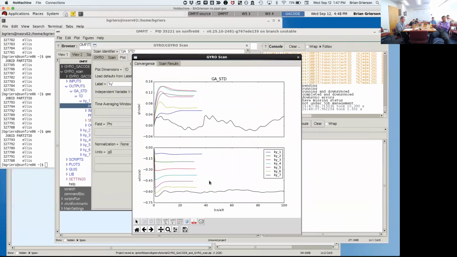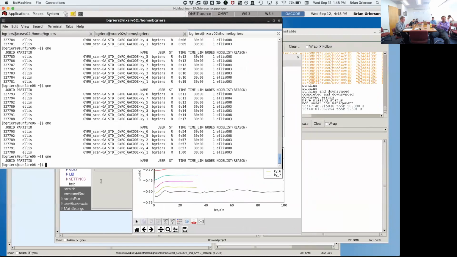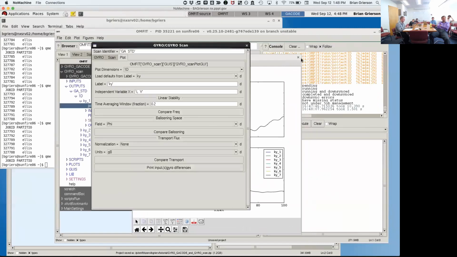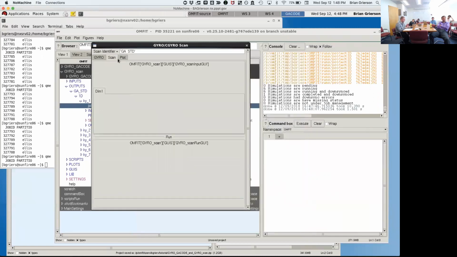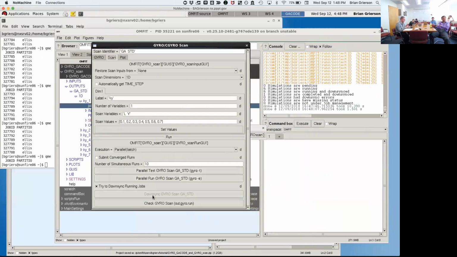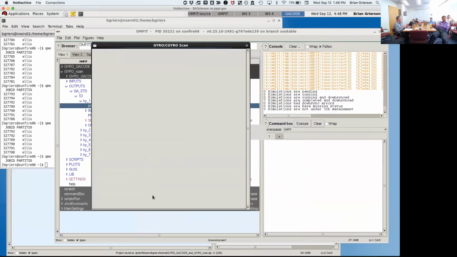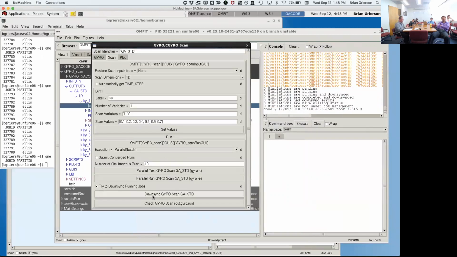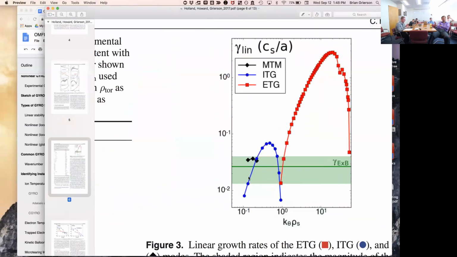and see that one of the runs has made it fairly far. The other runs haven't quite converged, but they're close. So if I go and check the queue, I see they're all done. I can go back here to the scan and say downsync. Now it'll say job appears complete, downsyncing. So for an experimental case, if I'm doing a complete wave number spectrum, like what Chris did here, where you have 10 or 20 modes in the low K and 40 or 50 modes in the high K,